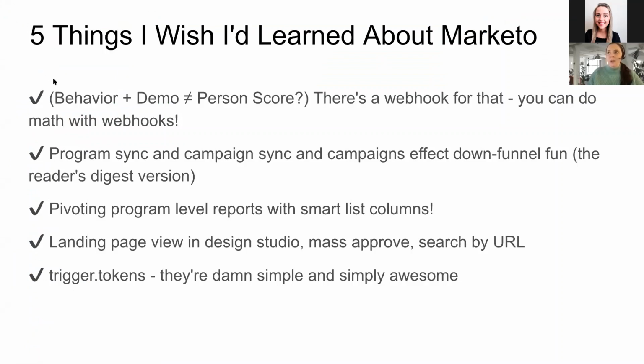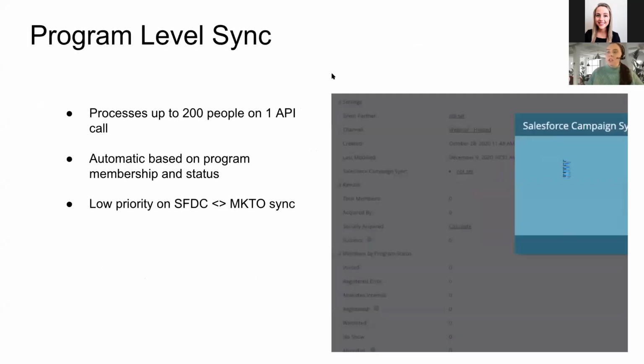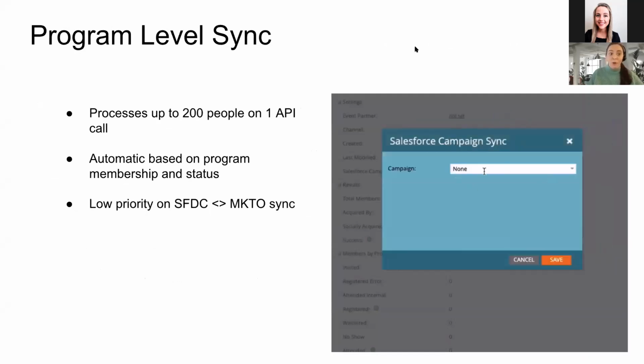So this is one of those things that I think you either learn by trial and error, or you just use it one way and you never realize that there's another way, or you don't really get into the weeds on the implications of this until you get further into the attribution game and those types of things. So, okay, there are two types of syncs for campaign members inside of Marketo.